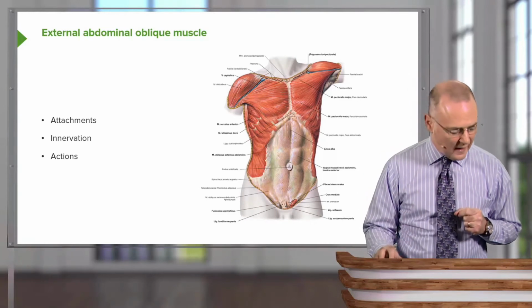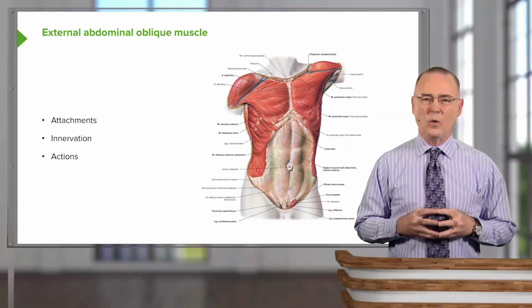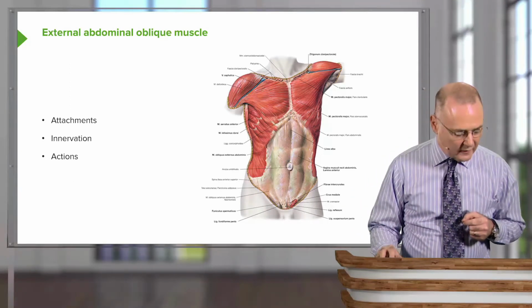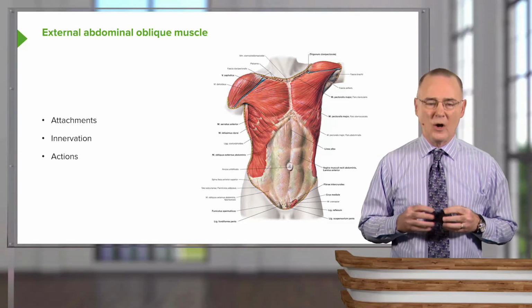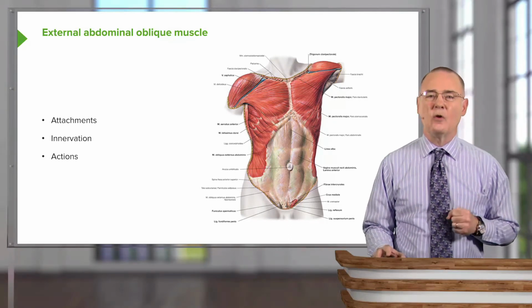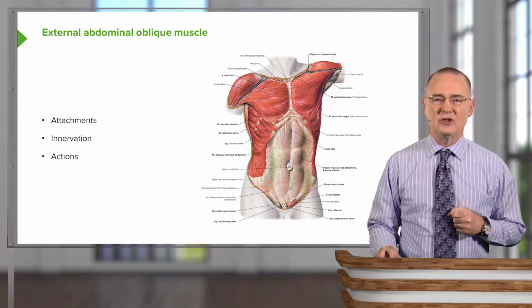And I want to highlight the fact that we can see those fibers here. These fibers are running in the same direction as the external intercostal muscle fibers that are a part of the thoracic wall. That means they're running down and in, and they will attach to this whitish sheet that we see here, and this is the aponeurosis of the external abdominal oblique, and then that aponeurosis will course toward the midline and help to form what is known as the rectus sheath, and we see the rectus sheath right in through